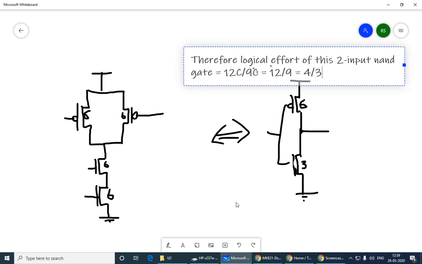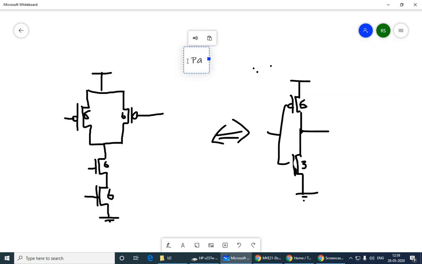So we deviated for a minute. Let us just come back to parasitic delay. This is fine, we can use parasitic delay for this only. So parasitic delay is also a ratio of the total capacitance of my gate when it is not driving any load.